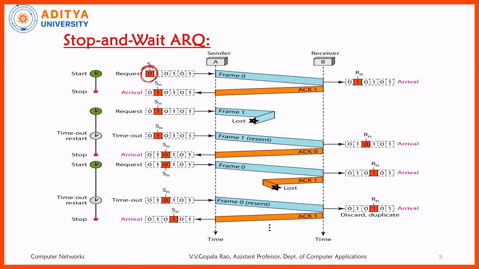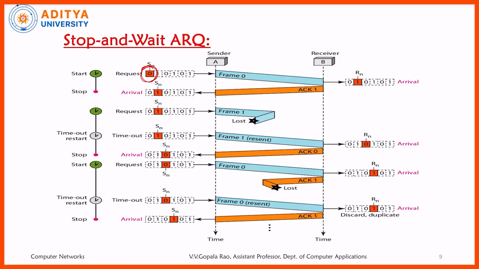Then what the receiver has to do for the response of frame 0 is that the frame expected by the receiver is frame number 1, because no consecutive zeros or consecutive 1 frames will be delivered or put into the transaction. So alternating zero and 1 numbered frames will be put into the transaction. Once frame 0 reaches the destination receiver, the next frame expected by the receiver is definitely frame number 1. So the receiver sends an acknowledgement by indicating ACK1.